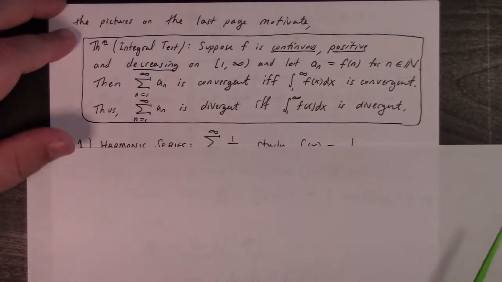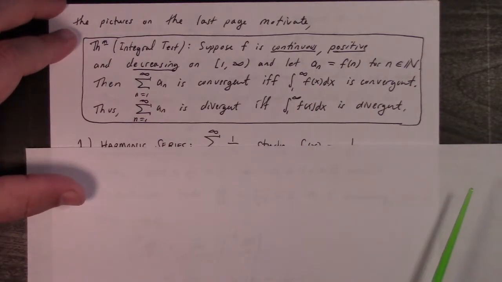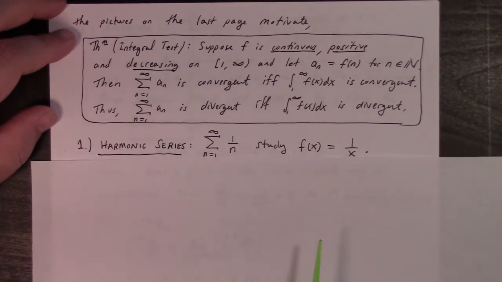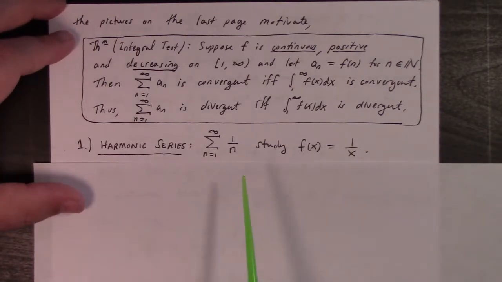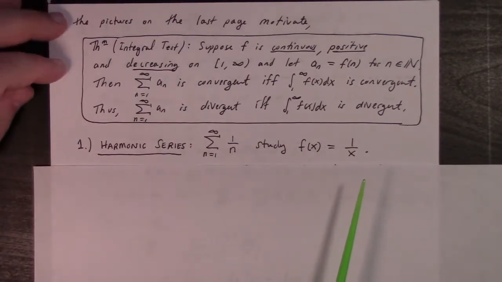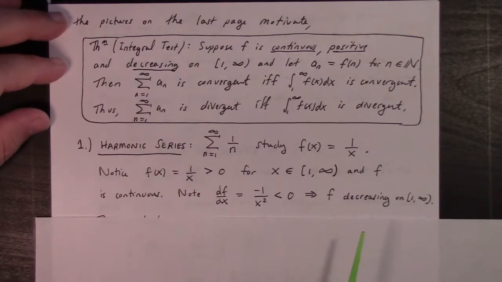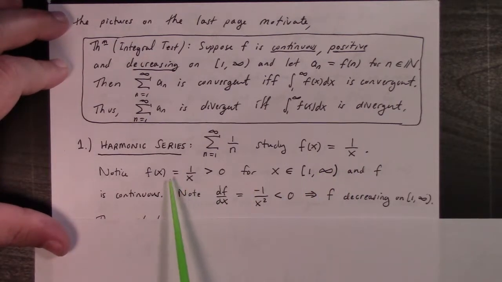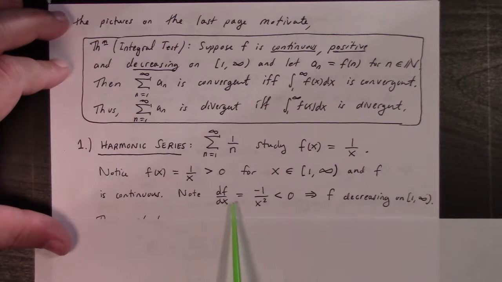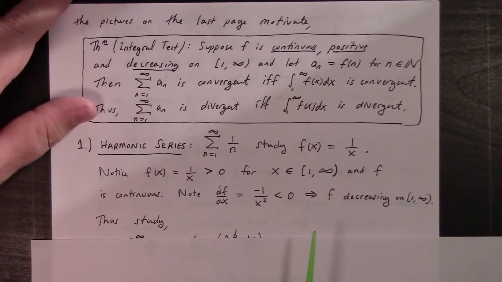So that's pretty nice because we know how to calculate these with stuff we've already done, right? So now we can prove that the harmonic series was in fact divergent. Let's see why. So f of x equals 1 over x, it's positive. You calculate its derivative, it's negative, so it's decreasing, right? Thus study